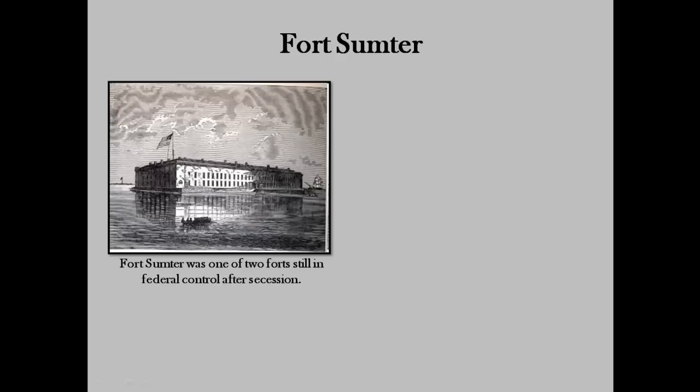After the South seceded, there were 2 forts within the boundaries of the Confederacy that were still controlled by the United States government, one in Pensacola, Florida, the other near Charleston, South Carolina. Fort Sumter was located in Charleston Harbor and was running out of provisions. Lincoln's choice: reinforce the fort and face armed conflict with South Carolina, or surrender the fort and give the Confederacy an air of legitimacy and appear to be weak.